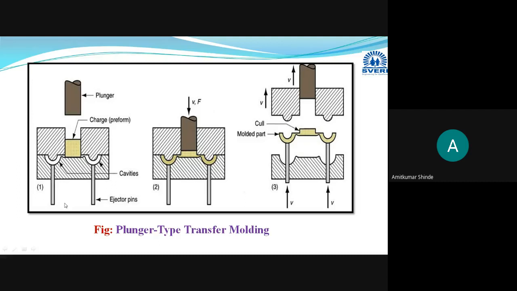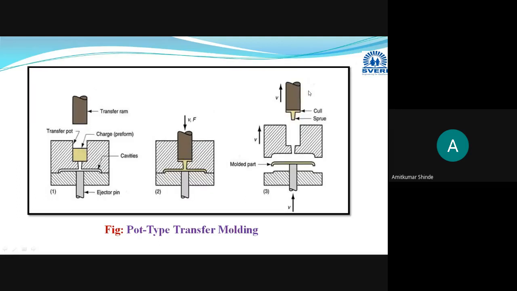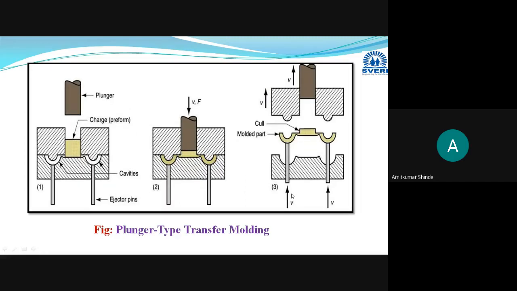What is another difference? This is the first difference. The second difference is that in the pot type we use a three plate mold: on one plate the press or plunger, on the second plate the transfer pot and the gating system consisting of the sprue, and on the third plate the ejector pin arrangement. Here, it consists of only two plates. A two plate mold is used, and on the top plate only, the transfer pot, runner and gate arrangement along with the press will be there. All these will be on a single plate.